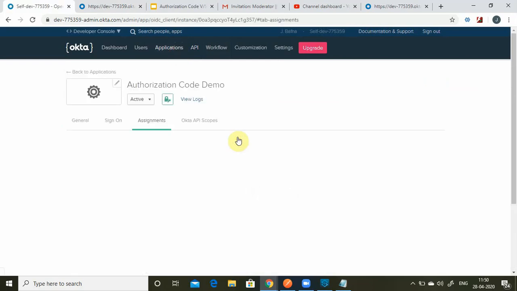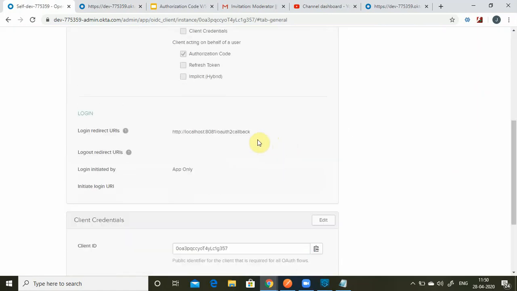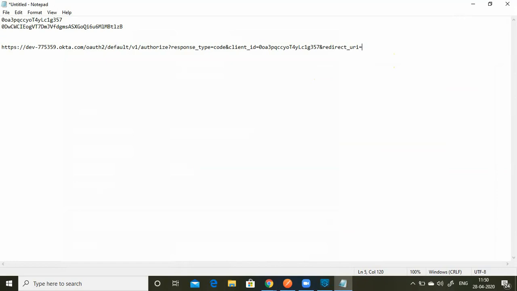Click here, go to general, and just copy this URL. You also have to pass something called state.